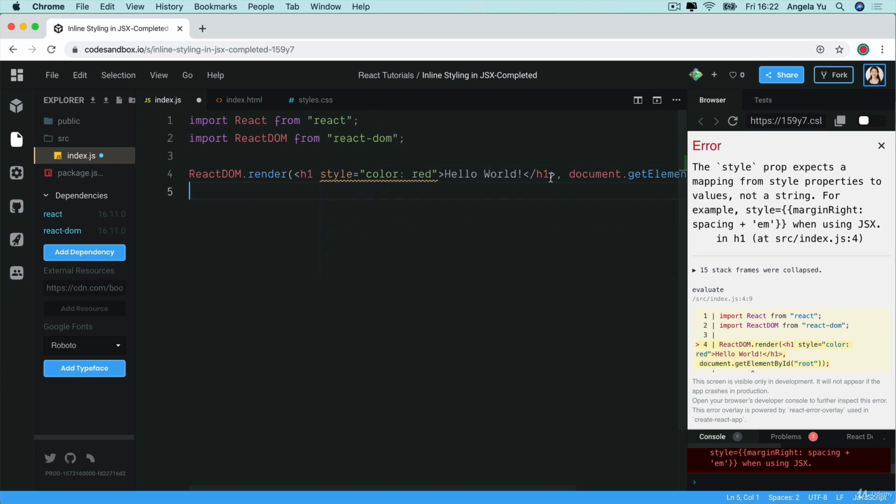So when we write this code, we immediately get an error telling us that the style property expects a mapping from style properties to values, not a string. And it tells you how it wants you to write this instead. So what's going on here? Well, in this case, we're actually providing a string as the value to the style attribute. And this would work fine if this was HTML, but in JavaScript, it wants this value for the style property